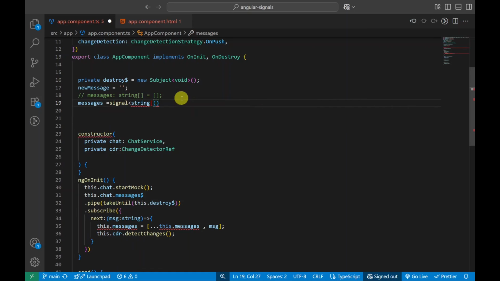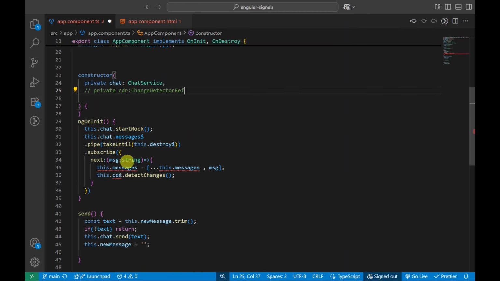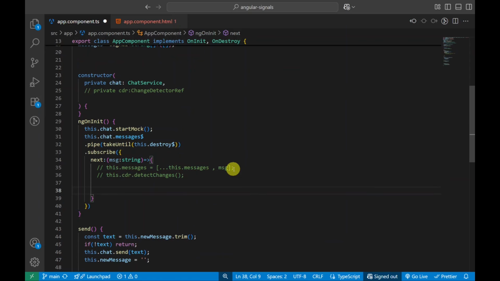This time, we're still using the same chat app, but now I'm handling the messages list with a signal instead of a plain array. As you can see, I've replaced messages with a signal. And I comment out CDR from the constructor.